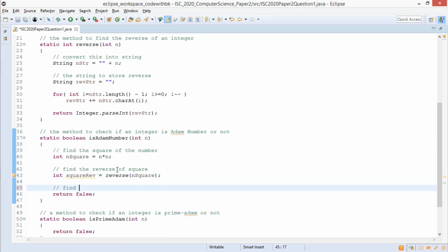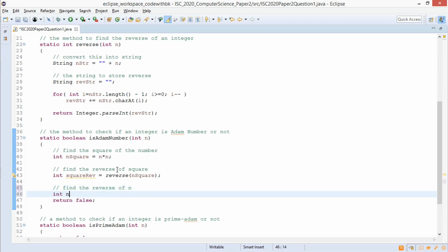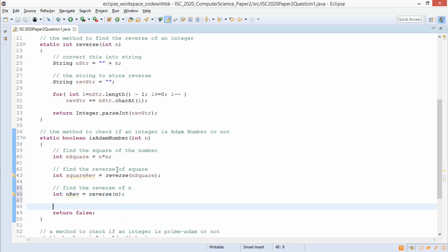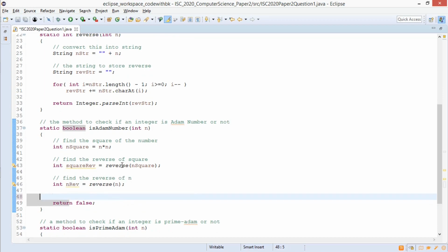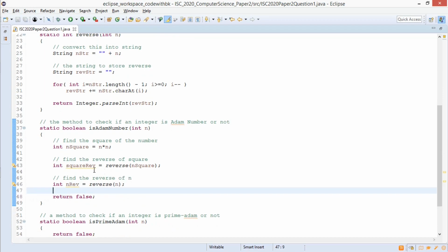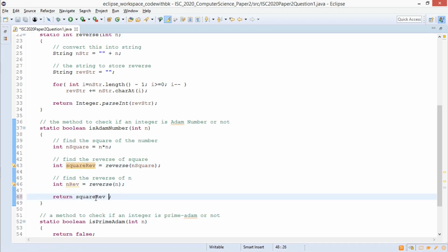Then find the reverse of n: int nreverse equals reverse of n. And finally, you return true if the reverse of the square is the square of nreverse, so return squarereverse equals nreverse into nreverse.